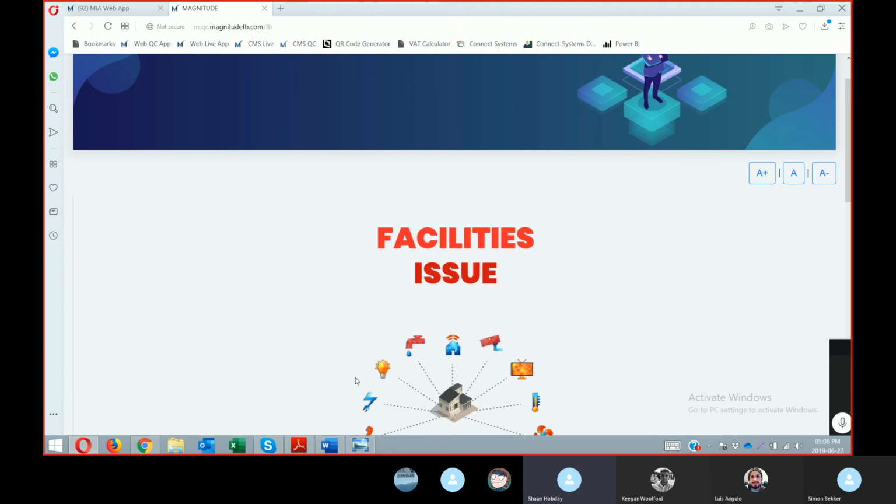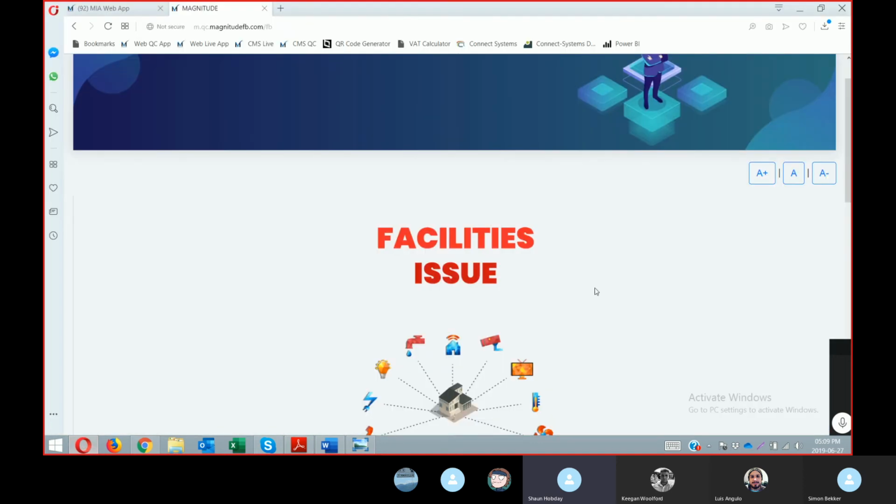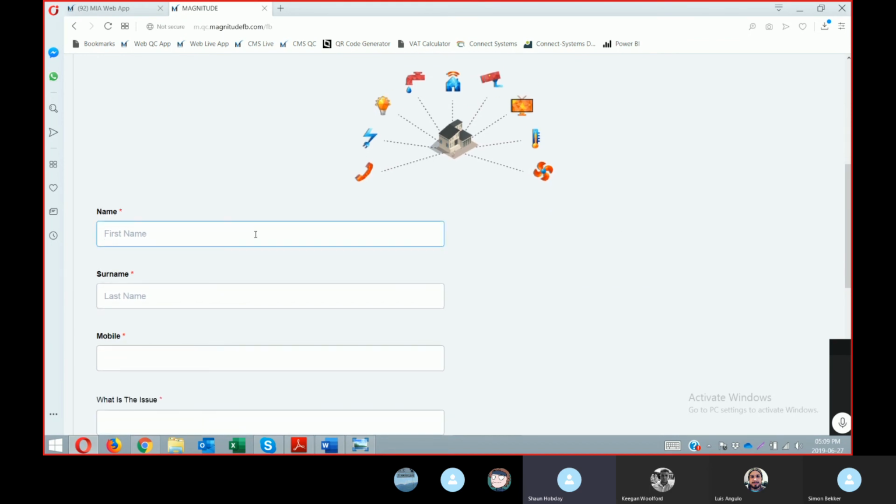So in other words, if I go back to my PDF here, you'll see that Simon, although he's an employee, does not have a username and password to log into the app, but does not need one because he can just scan the code itself, okay? And you'll see that this form is very similar to what we've had so far. So I'm just going to go here and say,